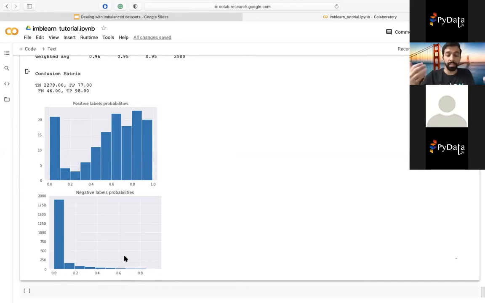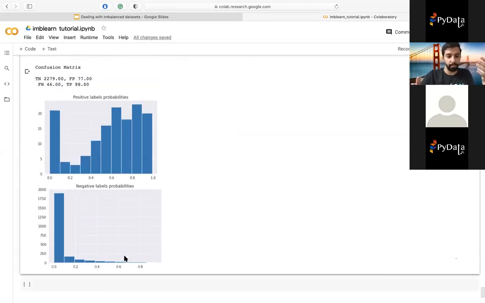What I would do now, we reached the end of this demo, but if I was working on a real project and I'm reaching this point, I'll try to tune the hyperparameters of the synthetic oversampling. I will try different ones. We didn't try all of the methods. I will try different methods and see if they work. Maybe the borderline will work better. Maybe the condensed nearest neighbor will work better. I didn't use the condensed nearest neighbor in this demo because it's actually very slow, and in the interest of time, I wasn't going to run it.